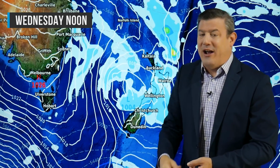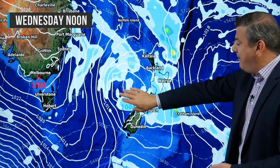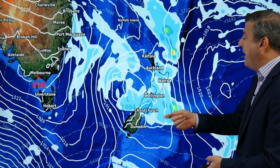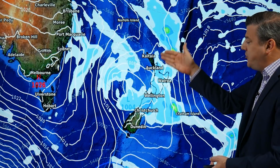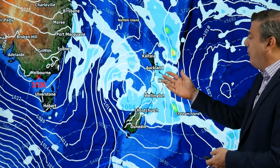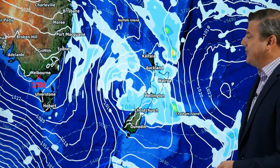Those showers aren't penetrating very far inland. The low is here, driving in rain. That's where Canterbury could be seeing those totals lift up for you. Very good news for you. And more showers, drizzle patches, dry spells, downpours again on Wednesday, with a couple of isolated thunderstorms bubbling